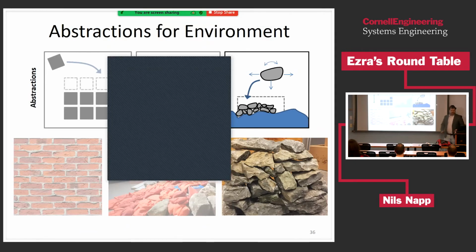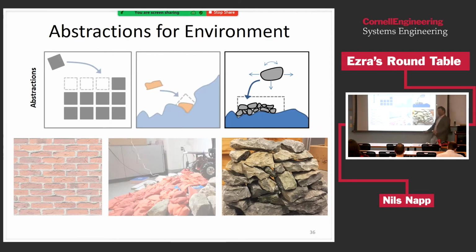So the last part is probably the least abstraction that we provide. That comes from the fact that we want to actually send these robots into rubble areas. We figured out how to make great structures with sandbags. But if I want to send a robot into a remote environment, I actually don't want it to have to carry all its building material. The whole point is that I want to just manipulate the environment. So we looked at